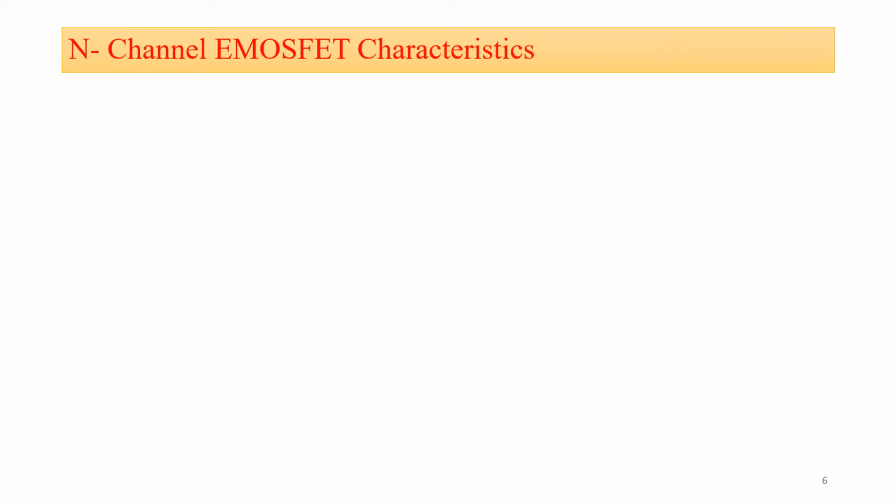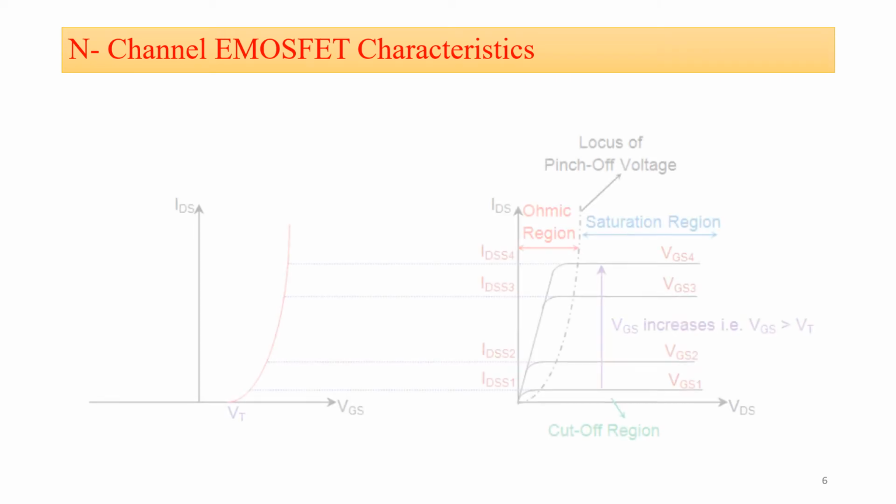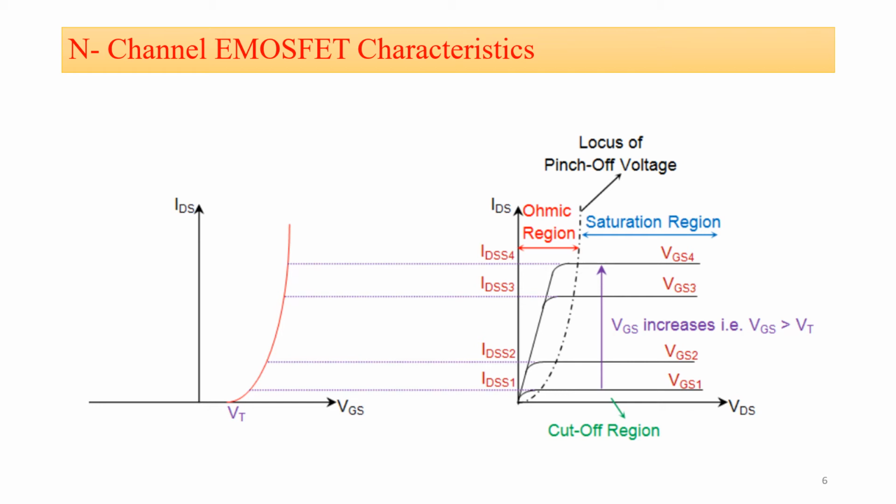Now the N-channel e-MOSFET characteristics. The picture shows the N-channel e-MOSFET characteristics. The first graph shows the transfer characteristics. First of all, the transfer characteristics is the graph of VGS versus ID, where VGS is the gate to source voltage and ID is the drain current. As we have seen the